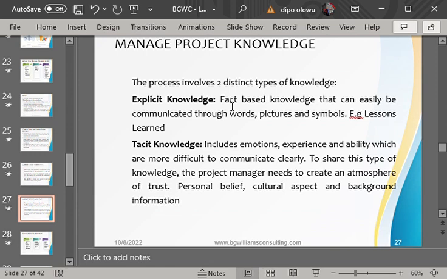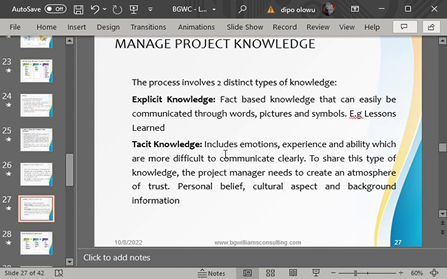So if, for instance, you have gotten a knowledge from a project you are working on, maybe from your team members, is sharing his experience, you see that because he can categorically state his experience and communicate that experience, either through words or picture, that knowledge is what? Explicit knowledge.